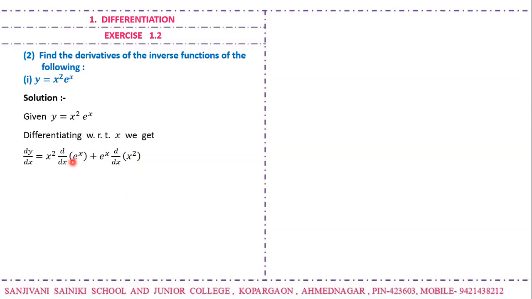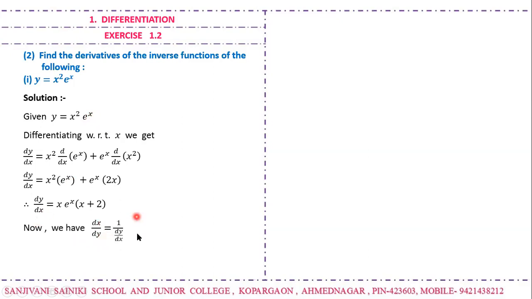Now the derivative of e raised to x is e raised to x, derivative of x square is 2x. For simplifying it, we will take x and e raised to x common from these two terms. We get x e raised to x into x plus 2. Now we want to find the derivative of the inverse function and not this function y. Derivative of the inverse function means dx by dy. They want dx by dy. So we have the formula dx by dy is 1 upon dy by dx. We'll put the value of this dy by dx in this expression,